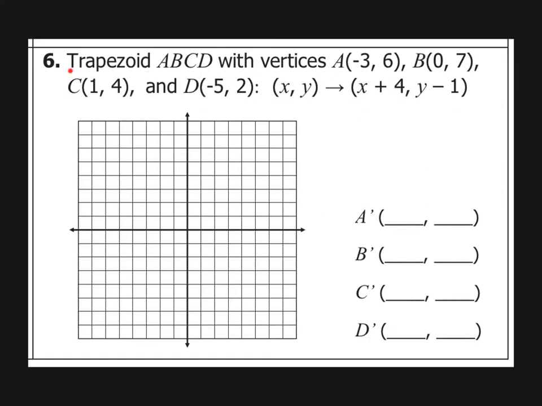Okay, here we have a trapezoid ABCD with said vertices. And I'm just going to give you a little heads up here. Looks like we are taking each vertex and we're going to apply the translation of x plus 4, which is which way? Moving to the right 4 units. And then we're going to subtract 1 from the y's, which means we're moving down 1 unit